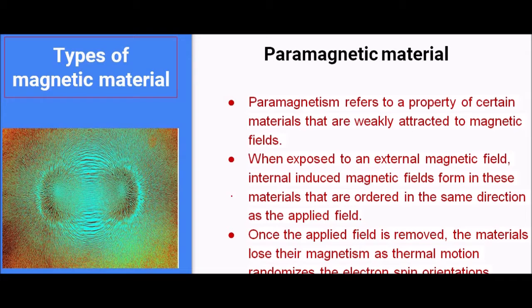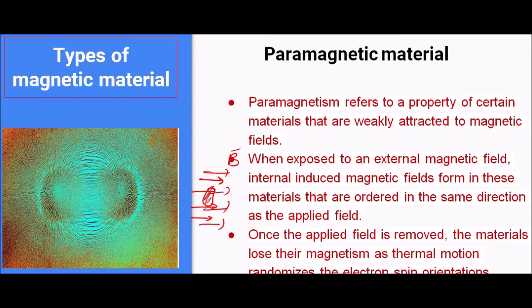And if we place this material into a magnetic field, the dipoles tend to get aligned with the field, which leads to an increase in the magnetic flux density inside it. For example, if we have again this B, and we place the paramagnetic material in it, the dipole moments in the paramagnetic material get oriented along the applied magnetic field. So there is an increase in the magnetic flux density inside this paramagnetic material.